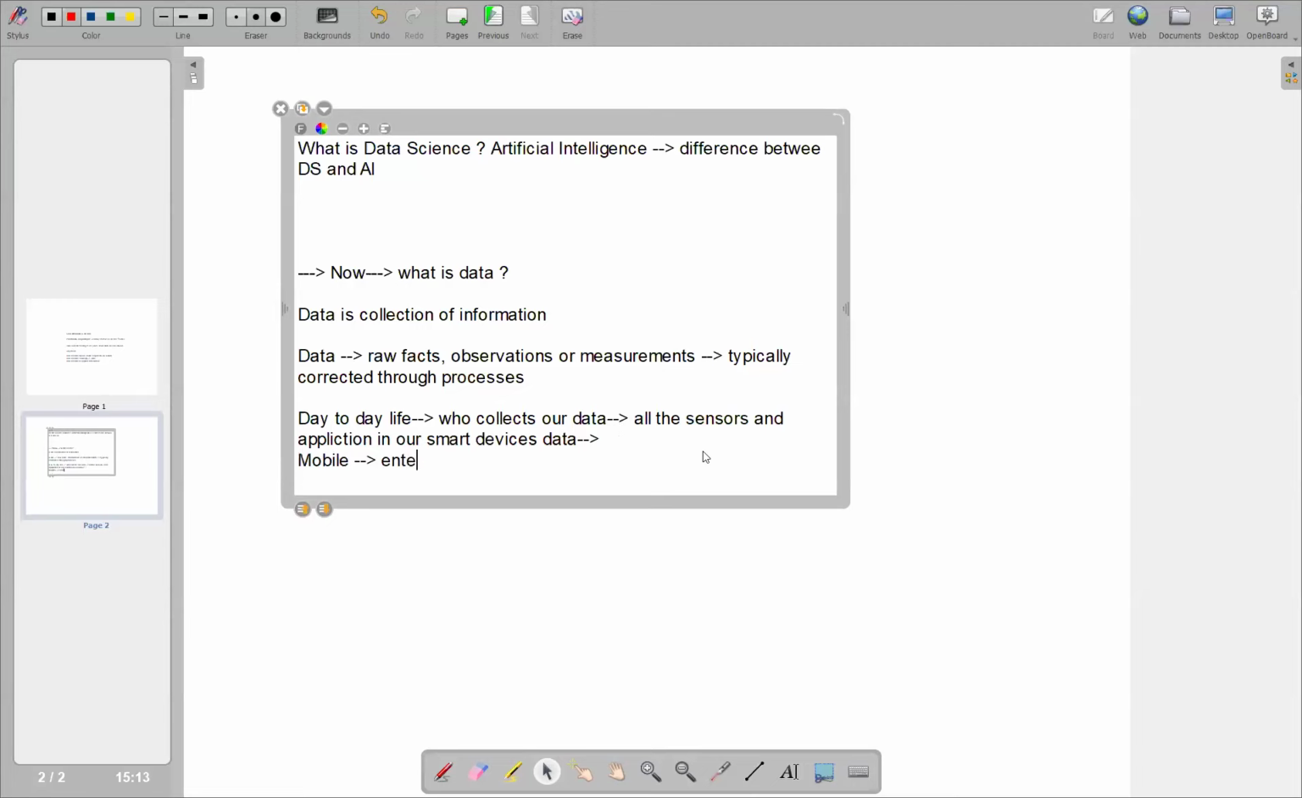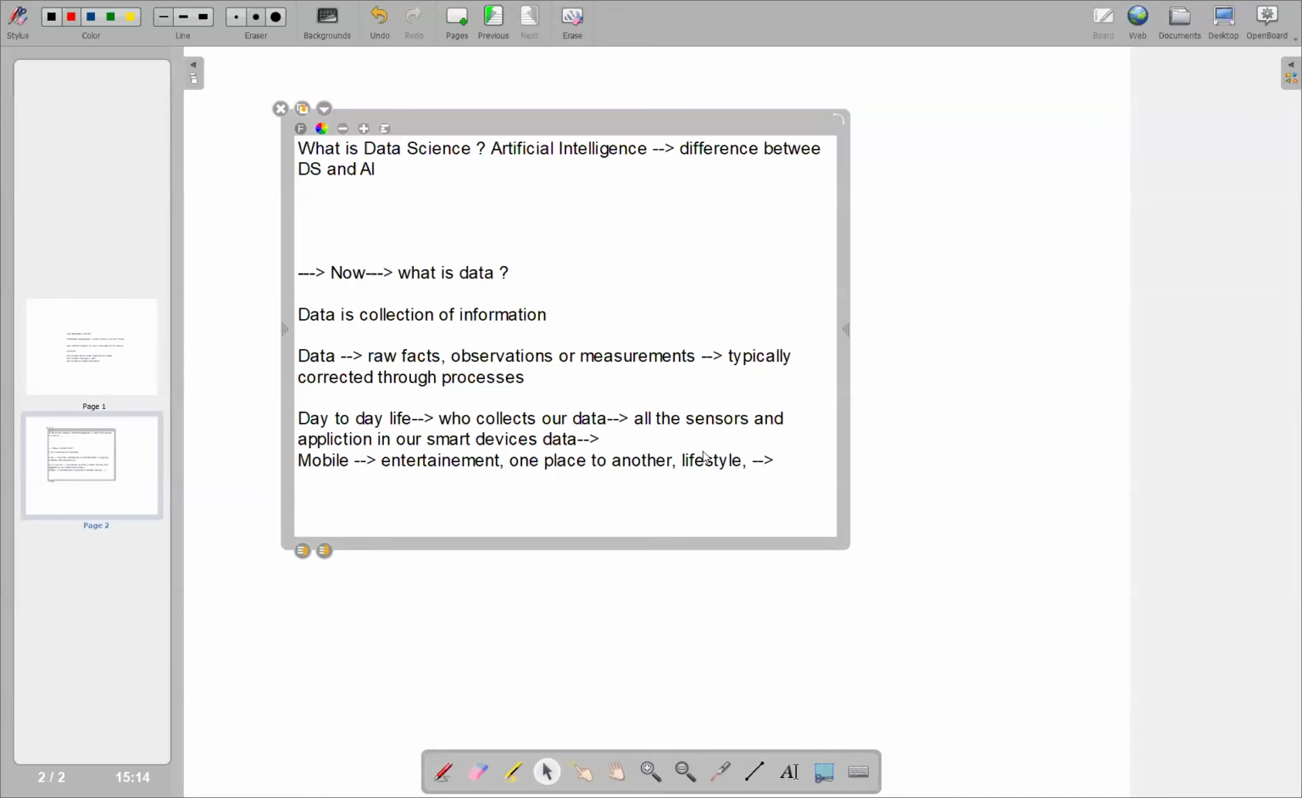So be it entertainment, be it going from one place to another, etc. How much time we spend, our lifestyle habits, everything is being stored in a mobile phone. So essentially, data